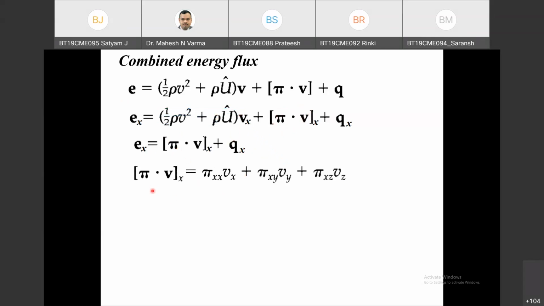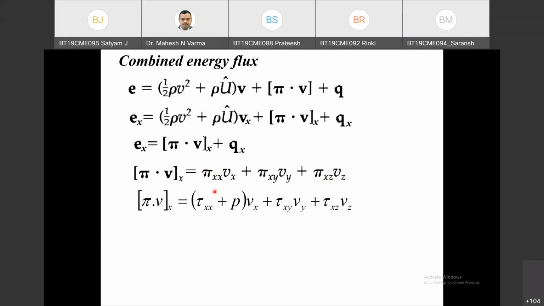And this work flux, definition of work flux, x work flux. This is the x momentum flux because of x velocity. This is x momentum flux because of y velocity. This is z momentum flux because of z velocity. Now again